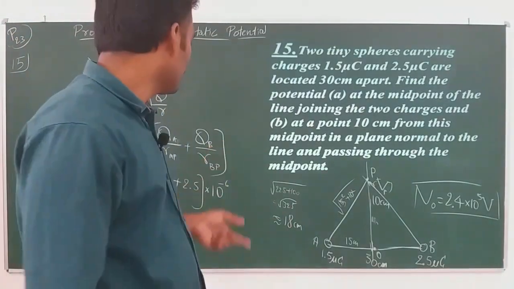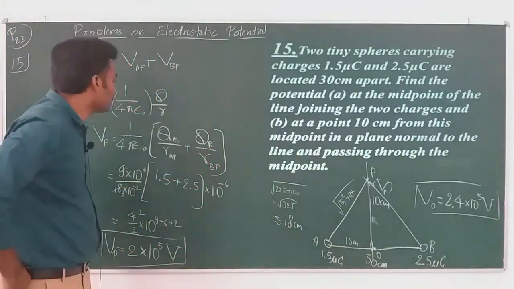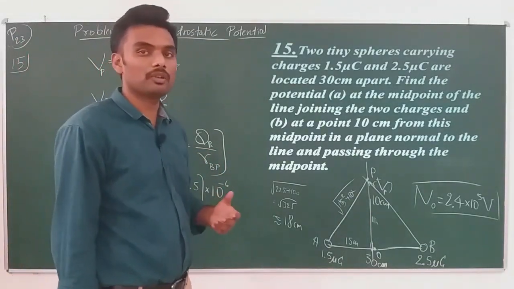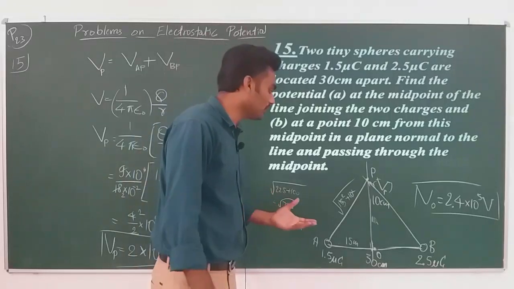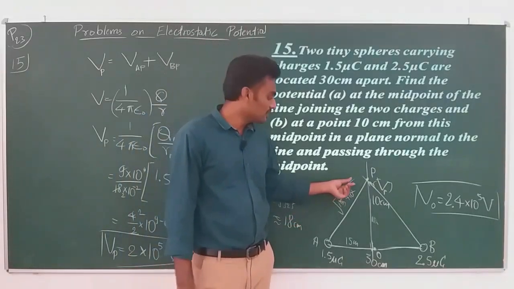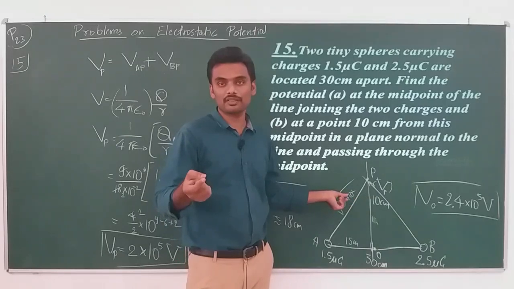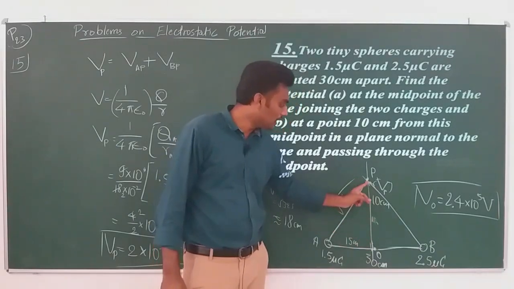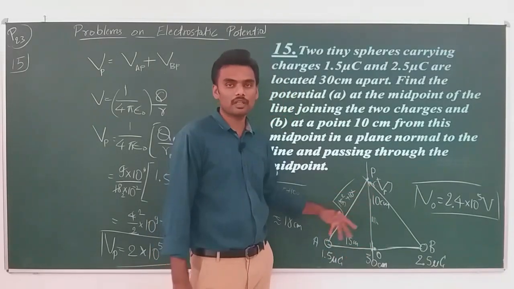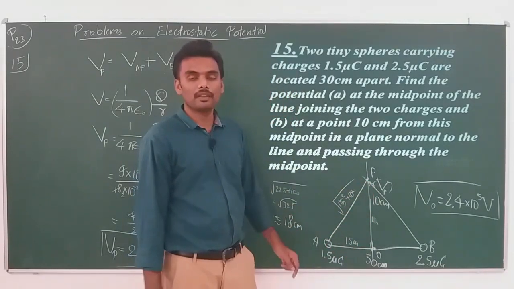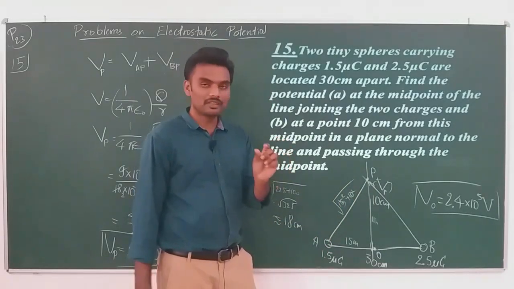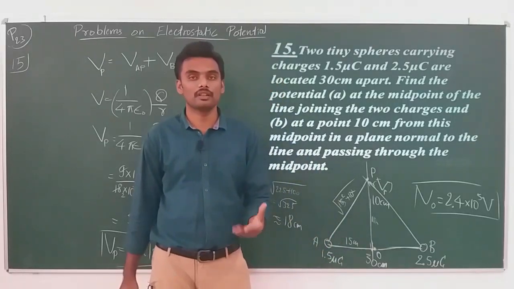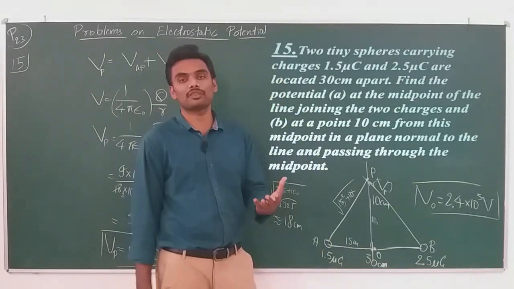The question is done, it is answered, but we can expect an extension of the question. What they might ask is, they can give you a test charge, a small charge, which has to be moved from either P to O or O to P. Say from P to O itself. Now, if you want to move a given charge small q from P to O, how much work needs to be done? This is the way they can ask you the question.